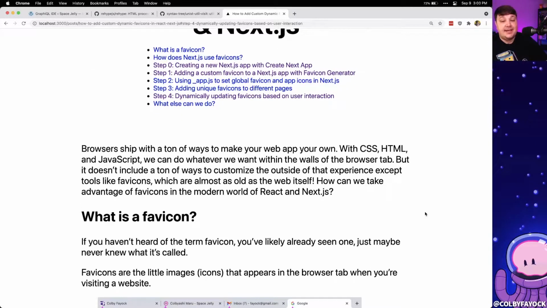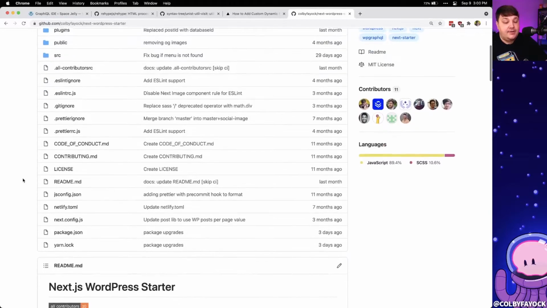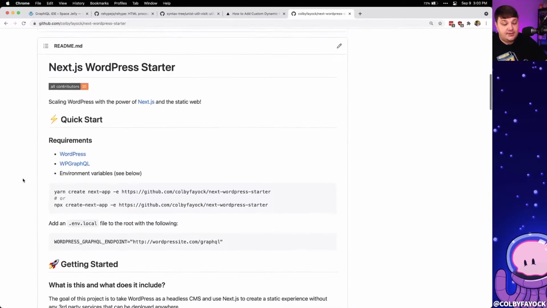if you've been to other websites like GitHub, you might have noticed that they have little links next to the header where if you click it, it's going to set up that bookmark so you can easily copy and paste that from your URL. To see what I mean, over on GitHub, if we scroll down on my Next.js WordPress starter site, we